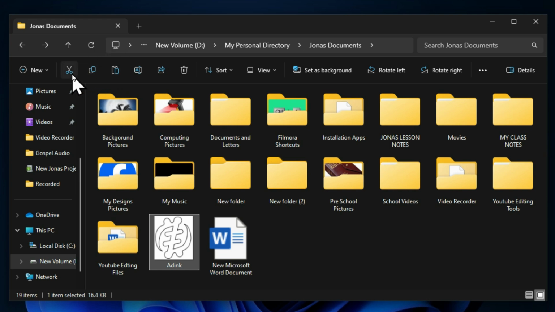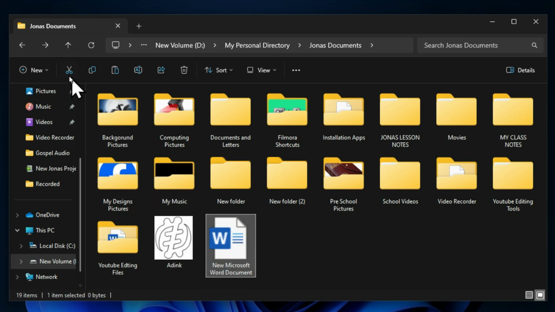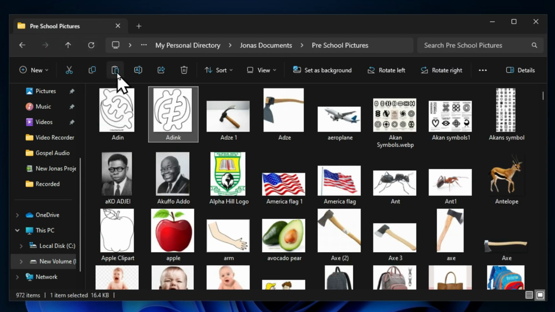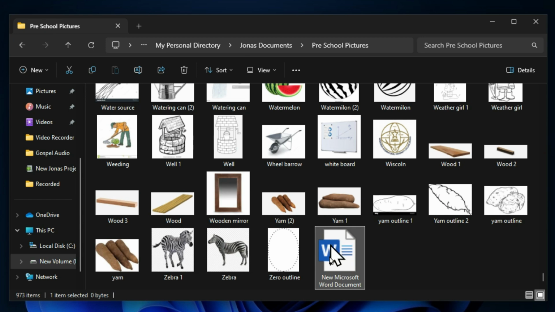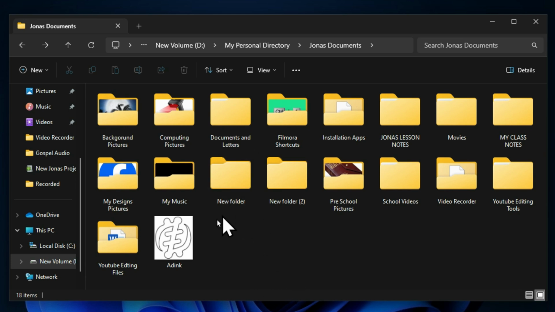This is similar to the cut command, and this time around this is going to move the item from its original location. If I select this, cut, move to this section and then choose paste, this is going to paste this item in this area. Therefore when I move back to my previous directory, the file is not seen here, which means I have cut and pasted. And when you select an item, you have the option to choose rename, and you can give a new name to this particular item,